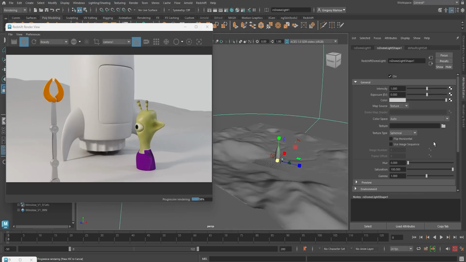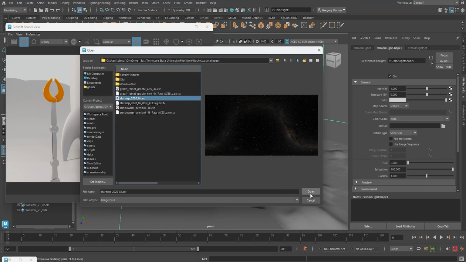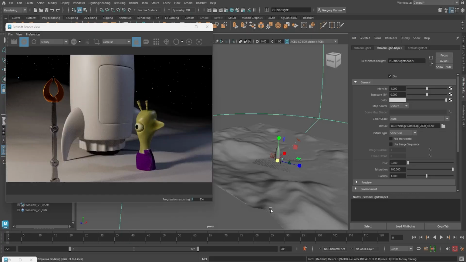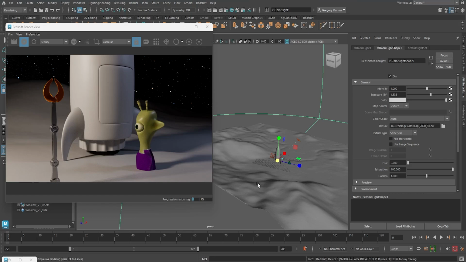And so I can map a texture into this and go find my source images and find my star map again and hit open. And there we are. Now we have those stars again. I can turn up the exposure on this a little bit if I want to get a little bit more of the stars in it. There we go. And so this is giving me very close to what we were getting earlier in Arnold in